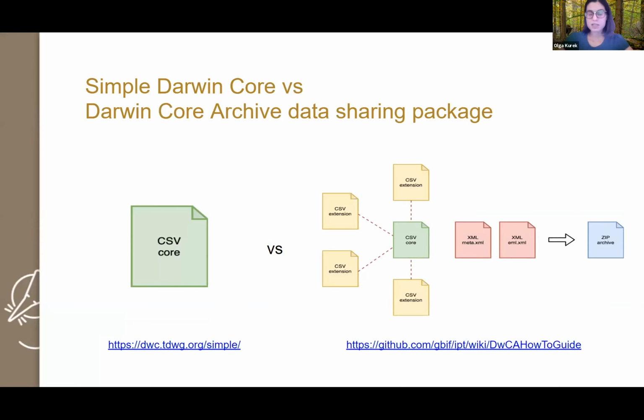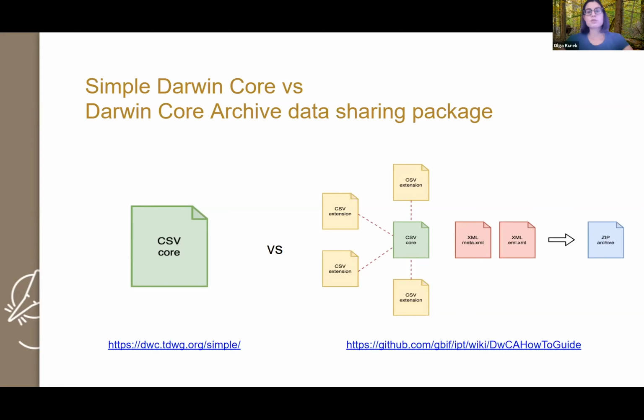Actually, I said that the Darwin Core data standard is a set glossary of terms, and those terms can be used in different ways. It can be used as a so-called simple Darwin Core or a Darwin Core archive data sharing package.